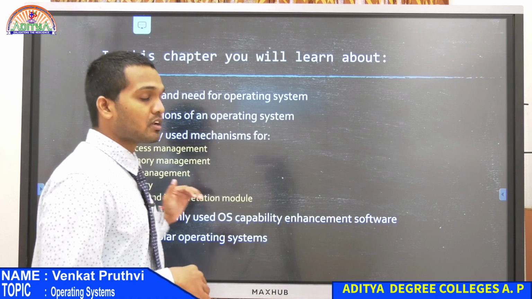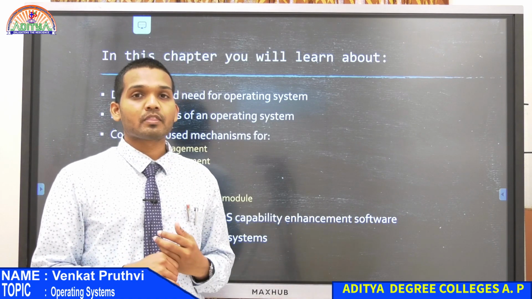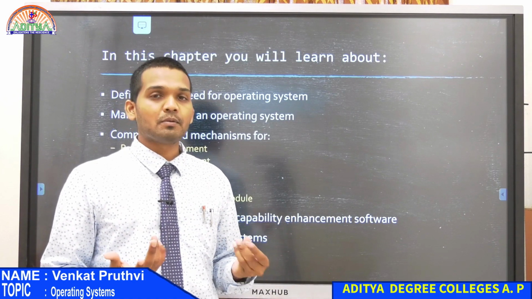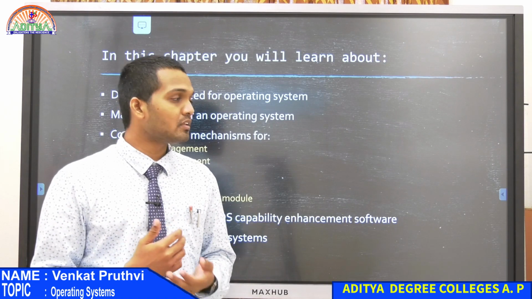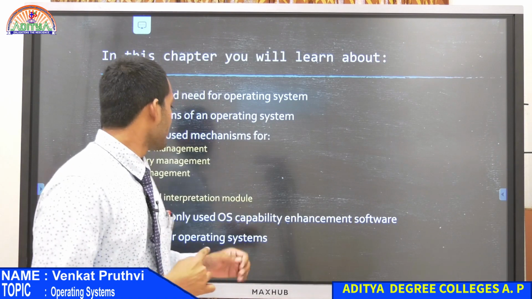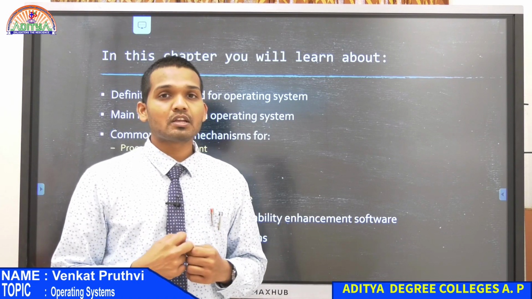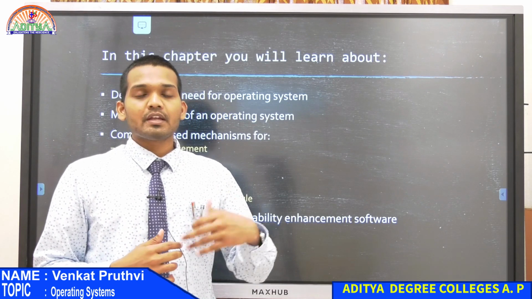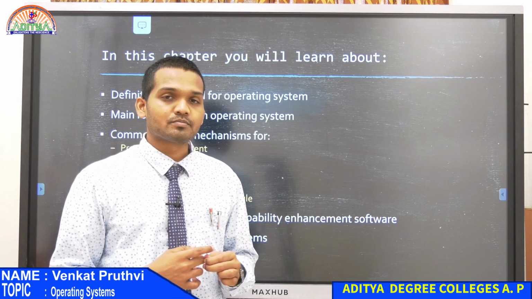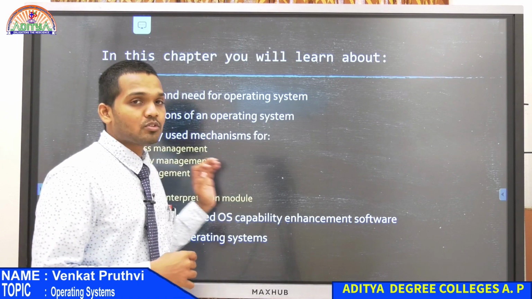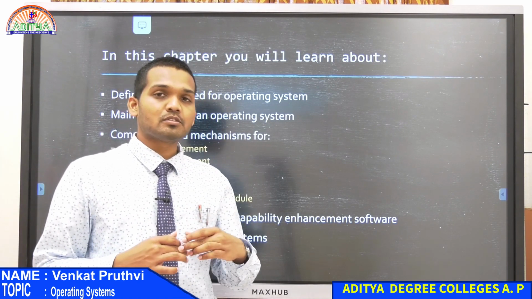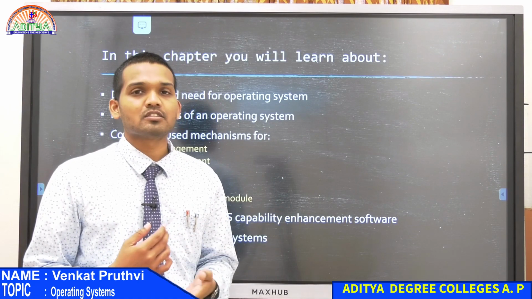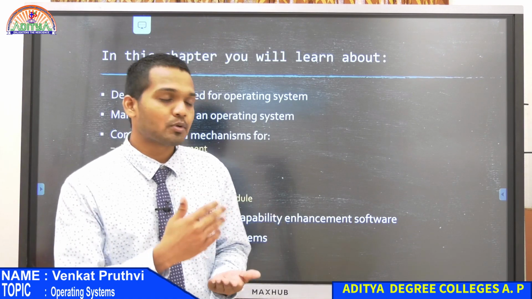And then security. Without security no device would be able to give 100% to the task, because if we don't have proper security, there would be so many attacks or data thefts happening inside the computer. So without security, no process management or any task can be completed up to the mark.